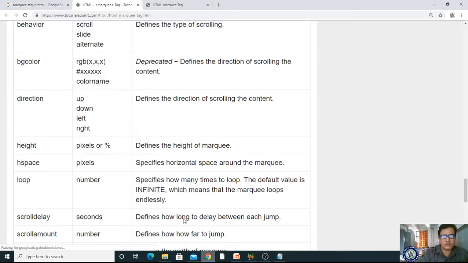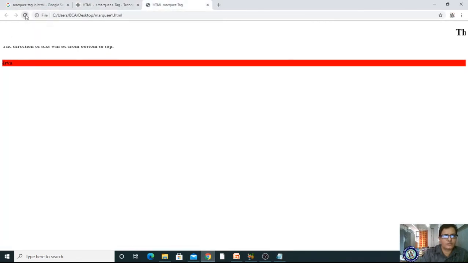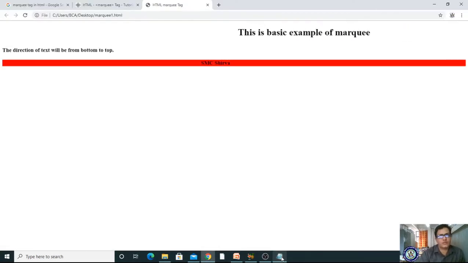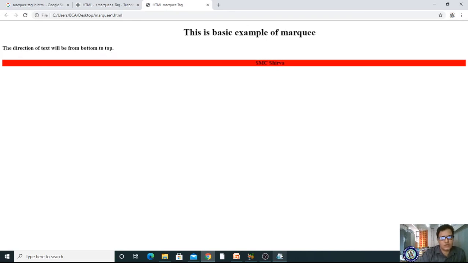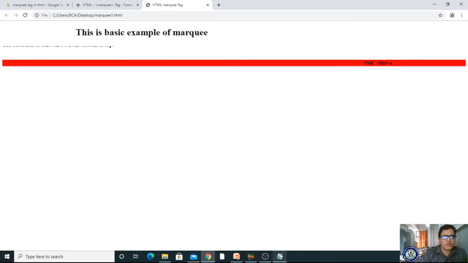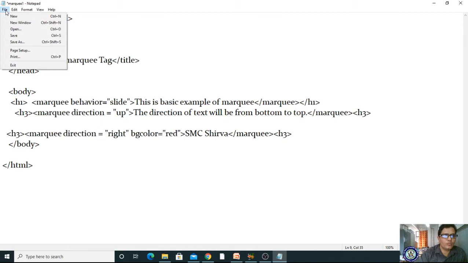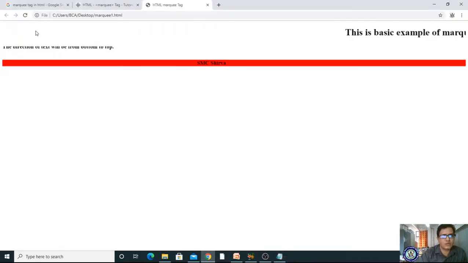Let me check. I'm coming here and I'm refreshing, so it moves from left to right. Okay, here it is working now. Behavior, I have given it as scroll. Then let me see what will happen. If the user scrolls, then what happens? It is supposed to scroll. It will move, I think so. It doesn't happen. If I use it as a slide, once it touches the edge of one end, it will move back. That is the concept of a slide.